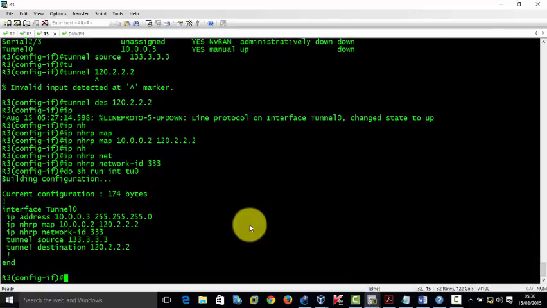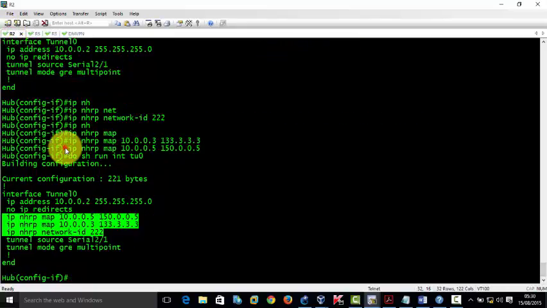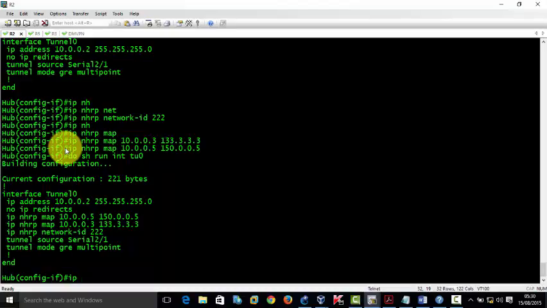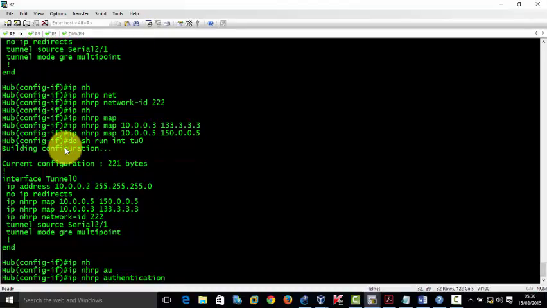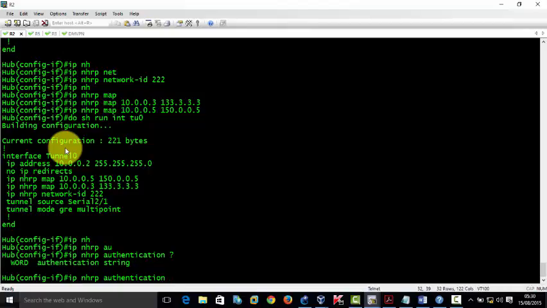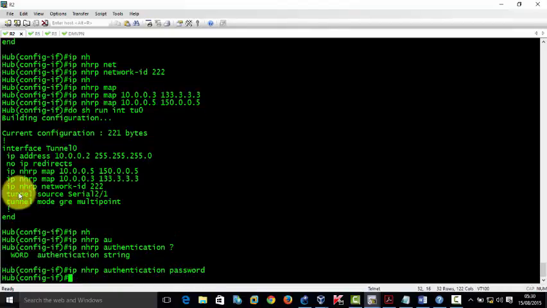It is static. So let us test it now. Let us do the other optional one, ip nhrp authentication. Authentication is absolutely perfect. So let us check that one. So we just give a word, so we'll give it like password. Authentication password. I will take this one and give it to any,